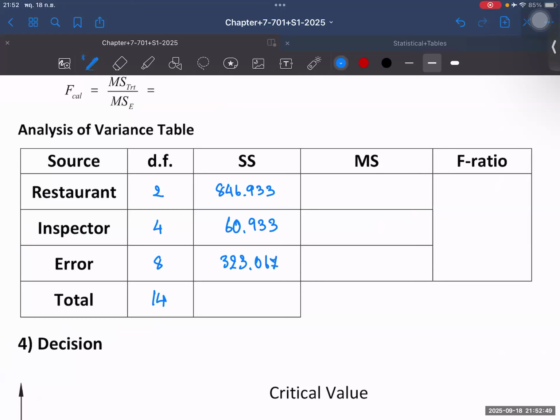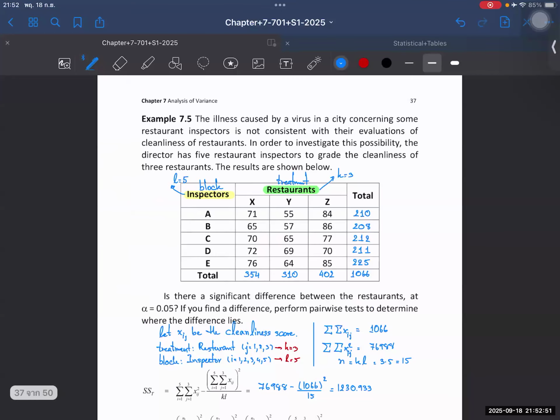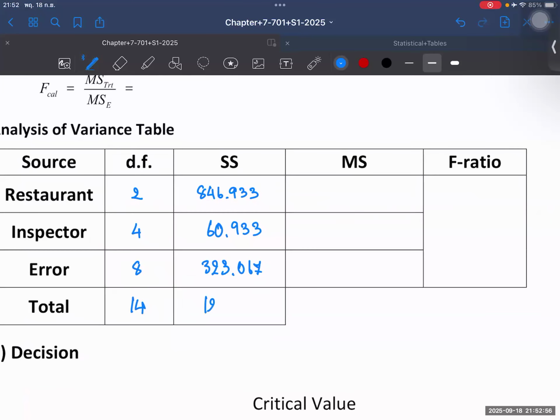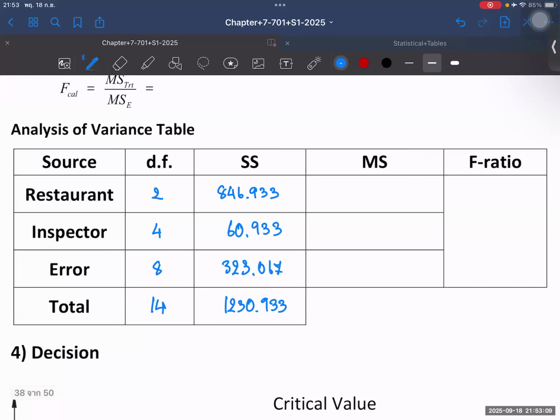And we have to see the sum of squares total. Okay. In the case of the means, sorry, the mean square treatment. So we get the